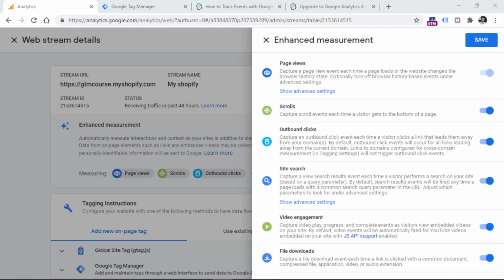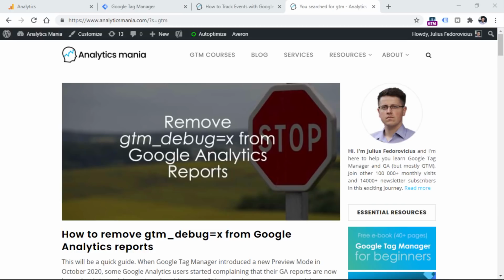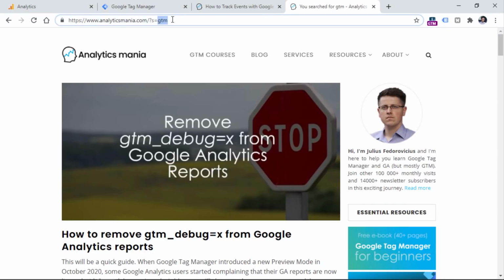So the query parameter on one website might look like this. Here you can see that the search query is GTM and the query parameter is just one letter, which is S. On some websites, that query might be a letter Q, or maybe the word search or query or something else.